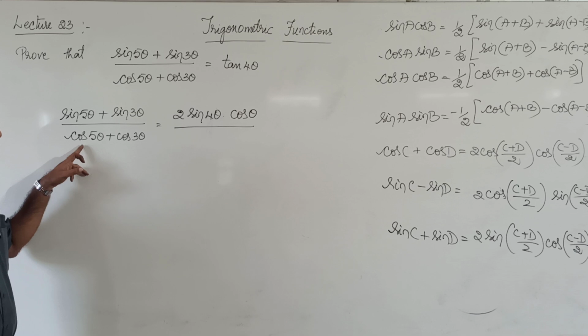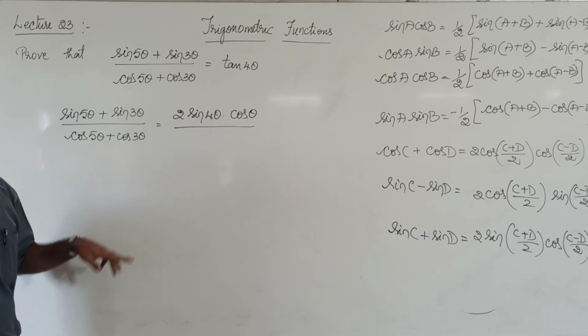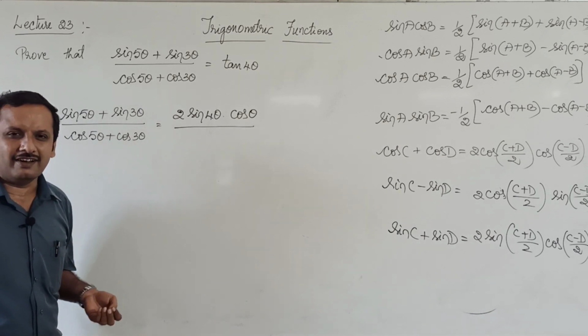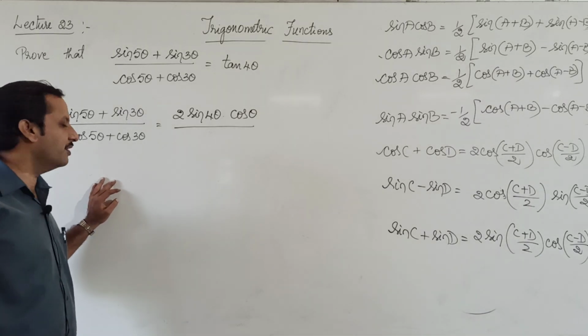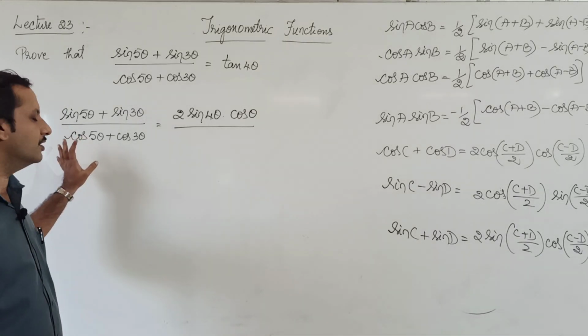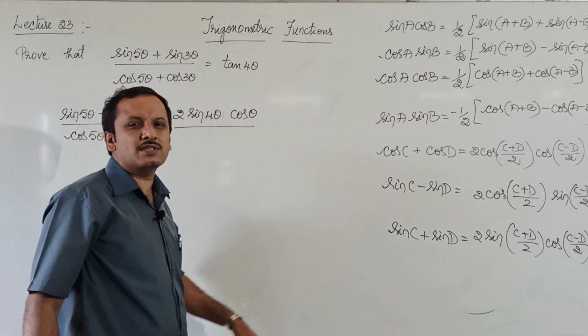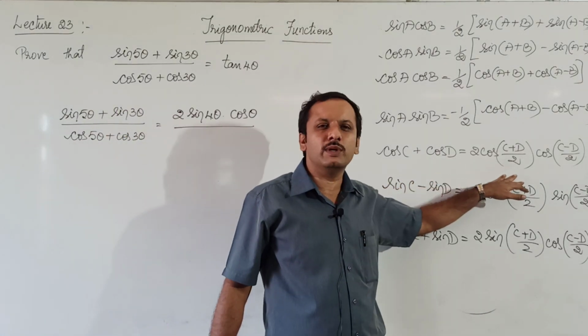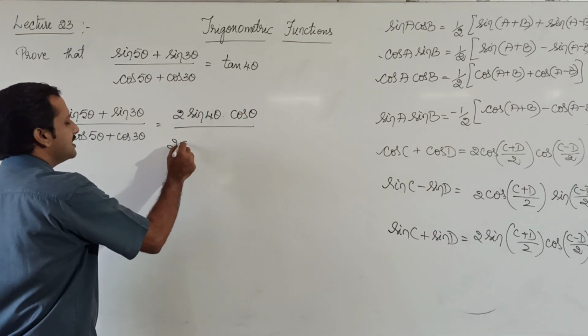Some students will do it like this, they directly write this as cos 8 theta because they take cos as common, 5 theta plus 3 theta is 8 theta, cos 8 theta. Now I agree that trigonometry is very easy, but not that easy, right? So you cannot directly write this as cos 8 theta, not true. Okay. Here I have to use the formula cos C plus cos D. Cos C plus cos D is nothing but 2 cos (C plus D)/2 into cos (C minus D)/2.